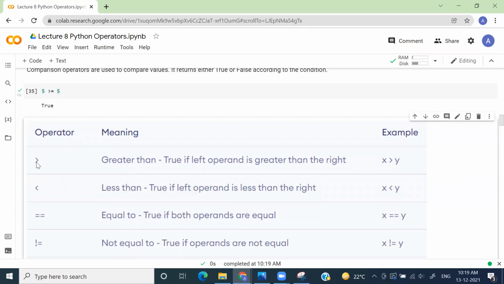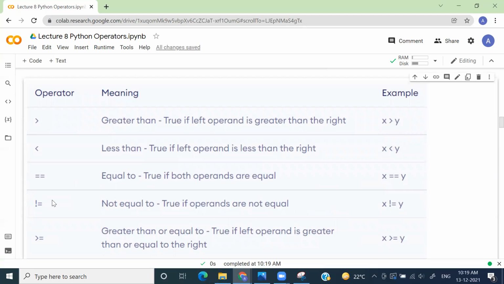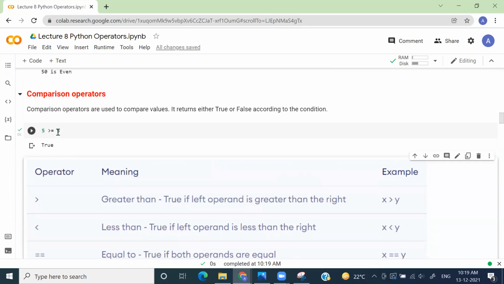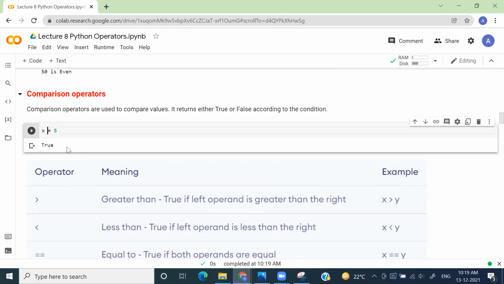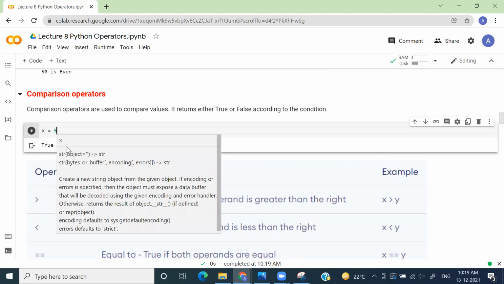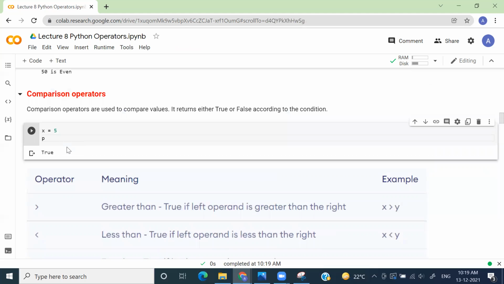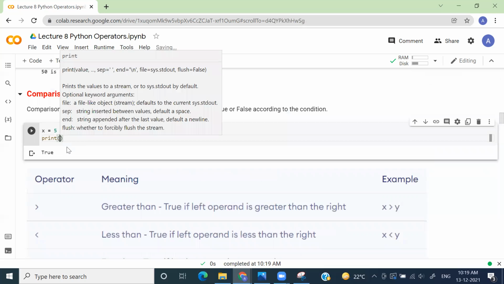So this is called the greater than operator. This sign is the greater than operator. This sign is the smaller than operator. If you want to check if a value is equal to one specific value, then this is called the equality operator, right? In the previous class we saw that we were getting confused between this and the assignment operator. Please make sure that the assignment operator and the equality operator are not the same. The assignment operator is a single equal sign, right? If I do x = 5, I am doing an assignment operation. I'm saying that x will hold the value 5.